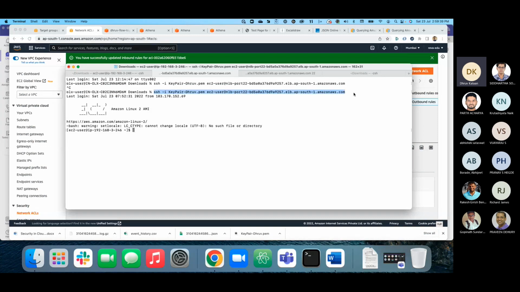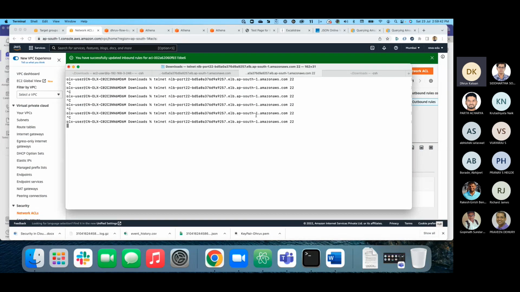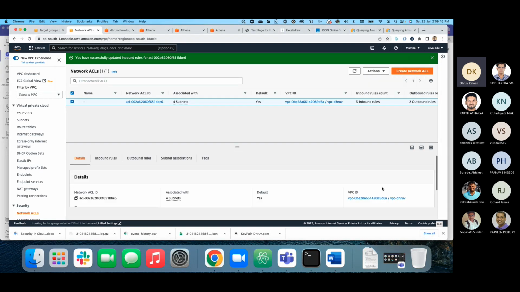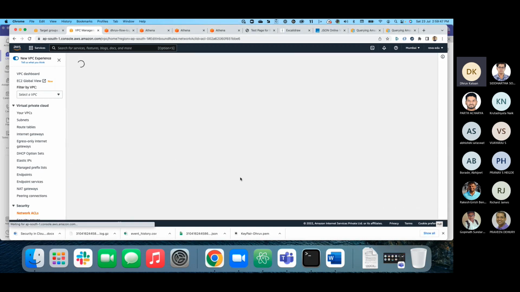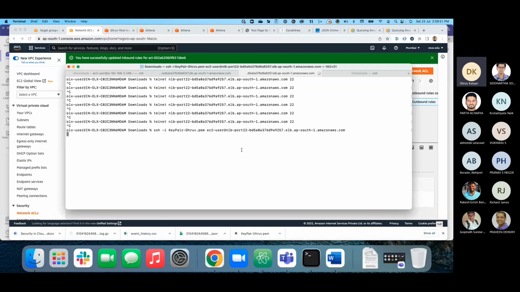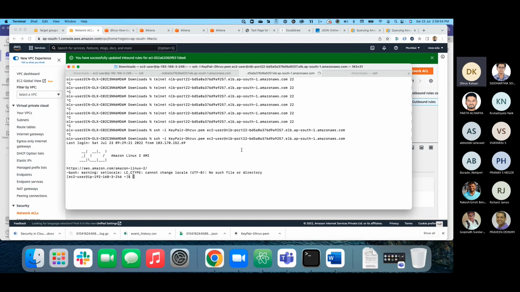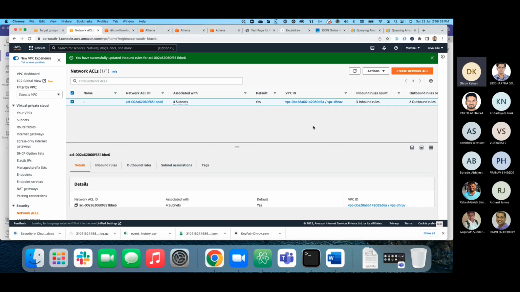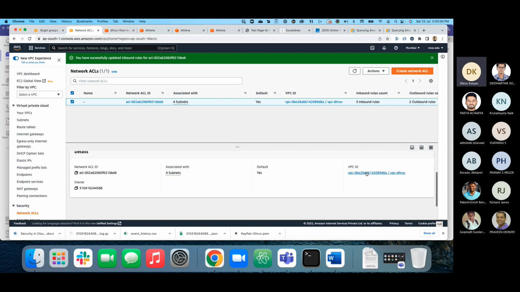Okay, SSH is gone. Let me retry SSH. Not happening. That's fine. Let's change this to allow. Okay, SSH starts working. That's fine. Perfect. Okay, and